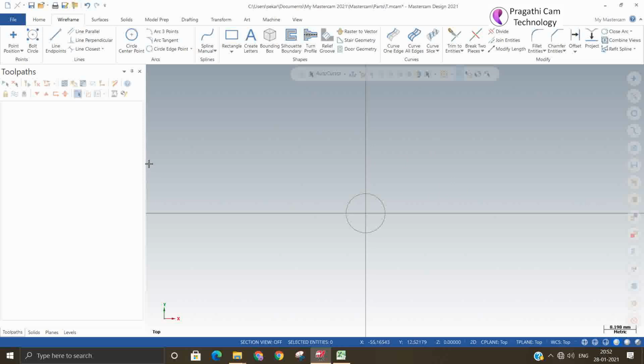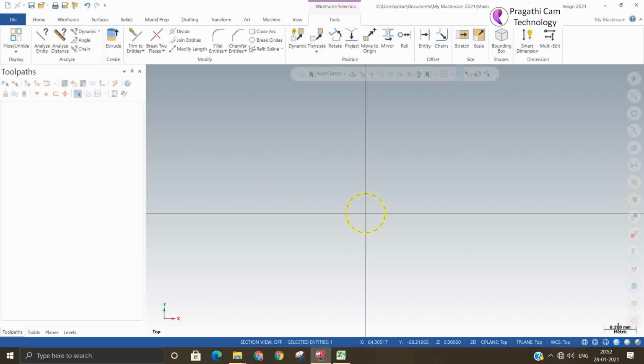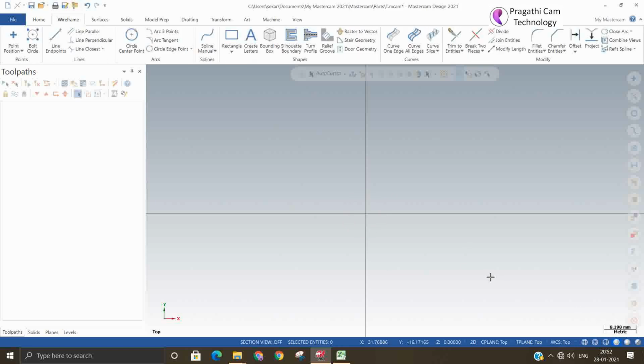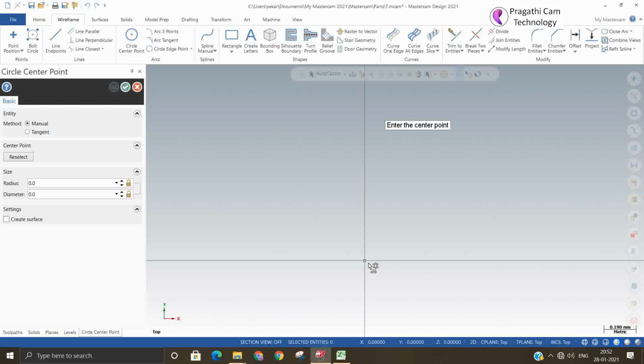Sometimes it is not visible to us, so we think that the circle is not done and we continuously start drawing again, and then n number of circles will be formed. Sometimes this may also happen: you have unzoomed the entire window, so 0.190 mm.